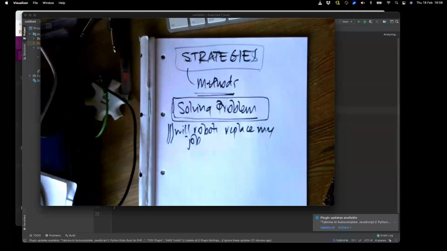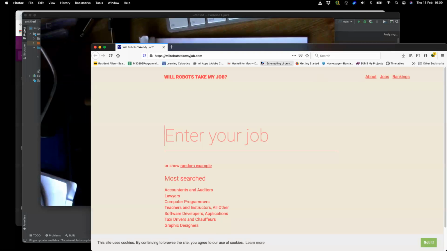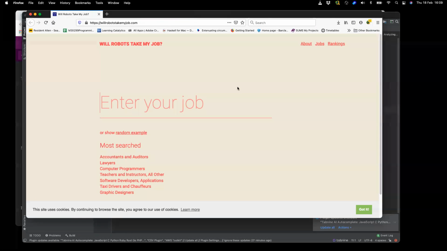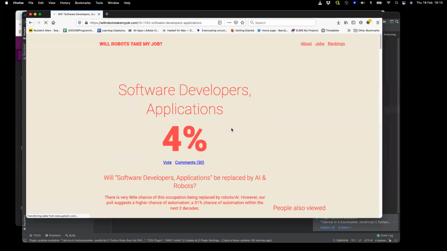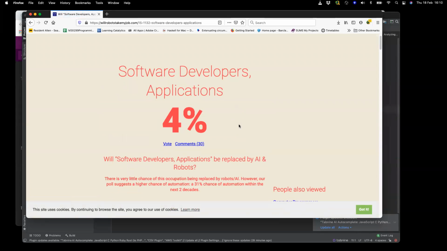Right, hang on, let me just pop that up on screen so I can make the point, I hope. Let's drag it onto this screen, give me a sec, there we go. It's actually a very interesting site. I don't know if it's been updated, but we had a very interesting discussion because someone typed in software developer. Now, I'm not sure if this is still going to be true, but let's have a look. Let's say application developer. Okay, application developer has a low chance of being replaced. Does anyone know why?